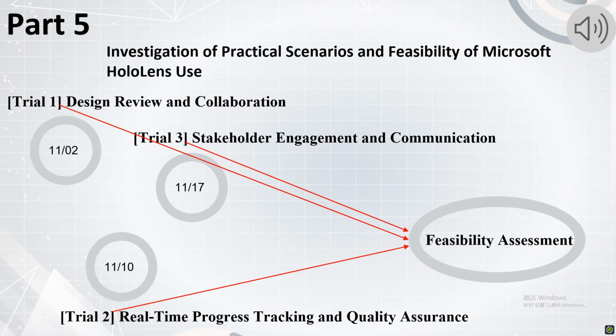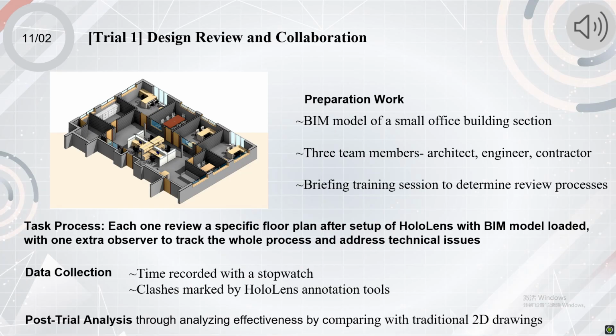In Part 5, investigation of practical scenarios and feasibility of Microsoft HoloLens use, I will explain the processes of our 3 experiments in detail to assess the feasibility. In Experiment 1, a BIM model of a small office building section was prepared. 3 team members respectively served as architect, structural engineer, and contractor to have a briefing training session to discuss design